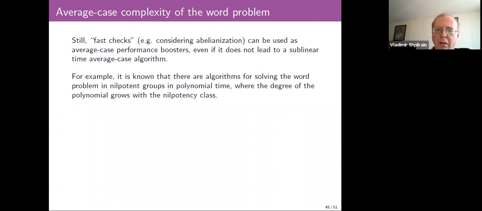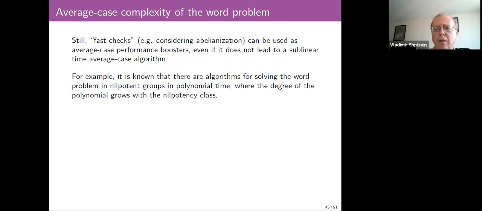So there must be some very special situation where you can even think about sublinear time algorithms, even if you just want a negative answer to your question, let alone an honest algorithm that would work in sublinear time. But nevertheless, these fast checks, like in group theory, I refer again to our papers with Ilya, Alexei, and